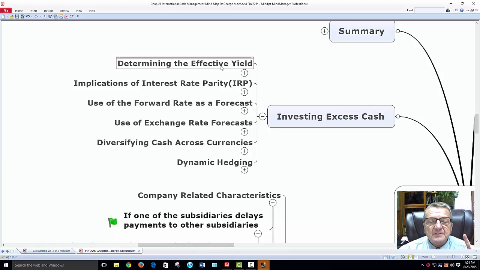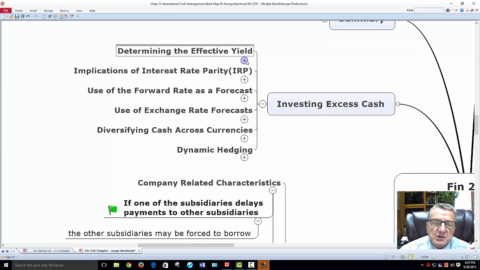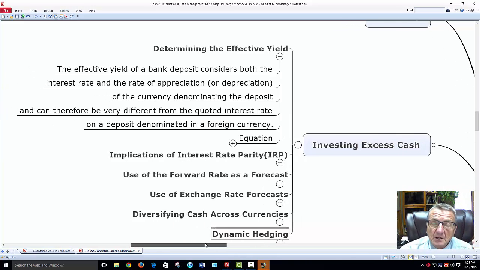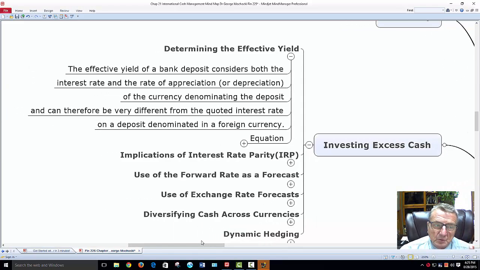Okay, determine the effective rate. So if you're watching this a second time, you could turn on your speaker and just look at the slide, stop it. What I want you to do out of my mind maps and out of this whole presentation is look at the keywords. See if you overlook something when you're taking your notes. That's how you learn how to become a good note taker. And after a while, you can minimize your notes real quickly.